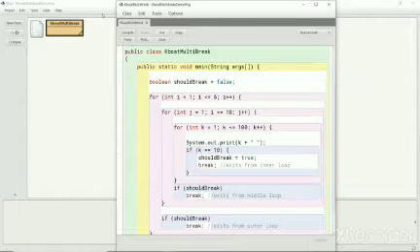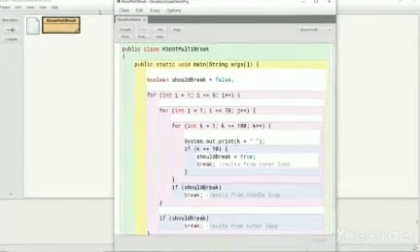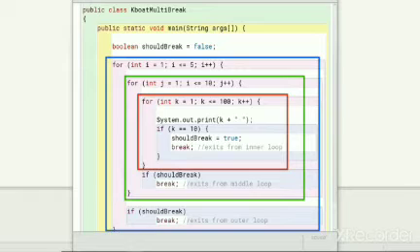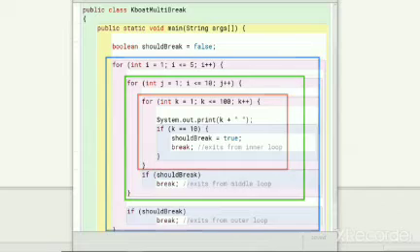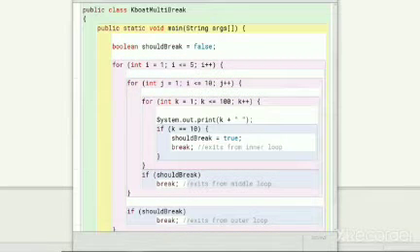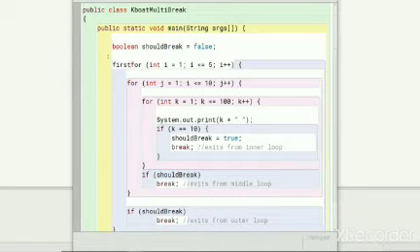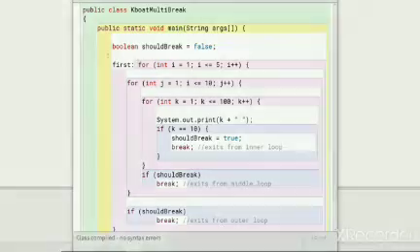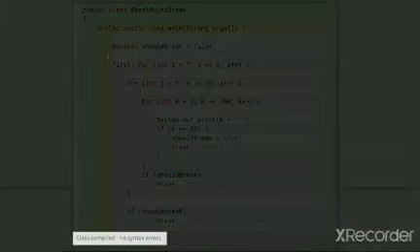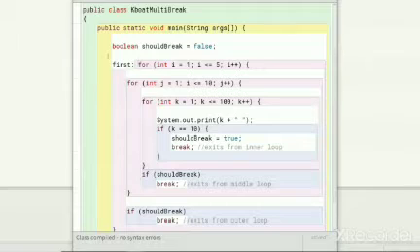This is the same multi-break example that we saw earlier. Here we have these three code blocks. Let's name each one of them using labels. To name a code block, assign it a label followed by a colon like this. I have named the outermost code block as first. The program is compiling with no errors. The name of the label can be any valid Java identifier. Similarly, I will assign a label to the middle and inner code blocks too.